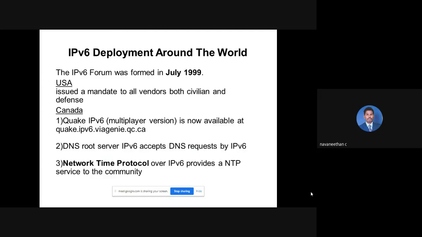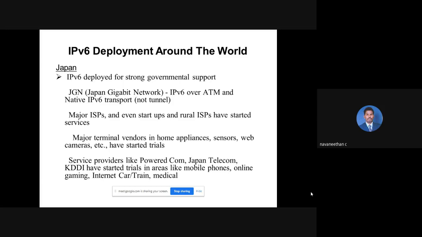That's all. I just want to highlight this one. Basically, you know what countries have deployed IPv6. So the US, followed by Canada. See their applications, both civilian as well as defense. Whereas with respect to Canada, even for all its network applications, there is a protocol called NTP, network time protocol. That is very, very important. Even they use most of their DNS also. But it's not applicable in India. In Japan, just look at their applications.